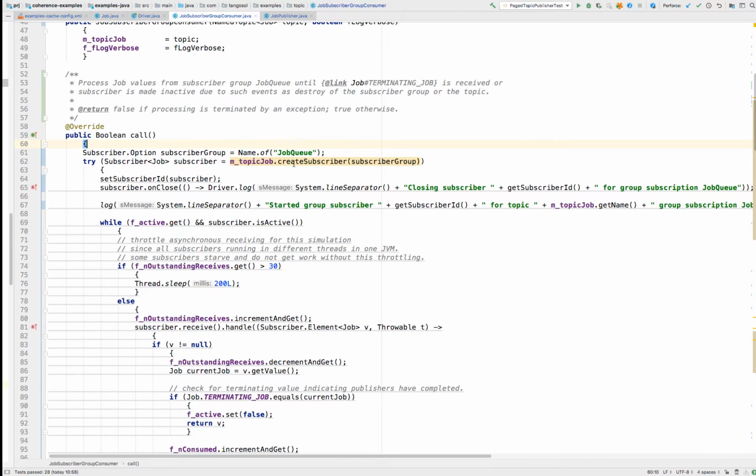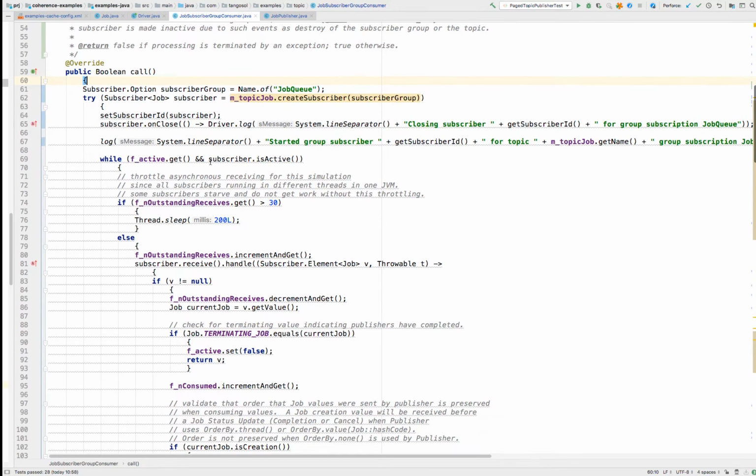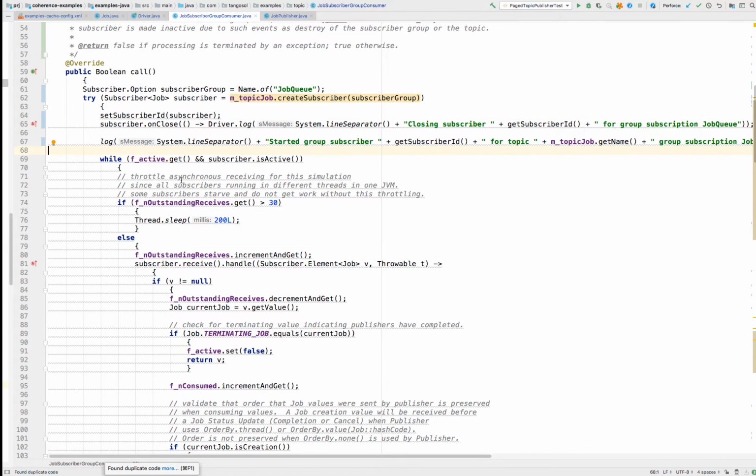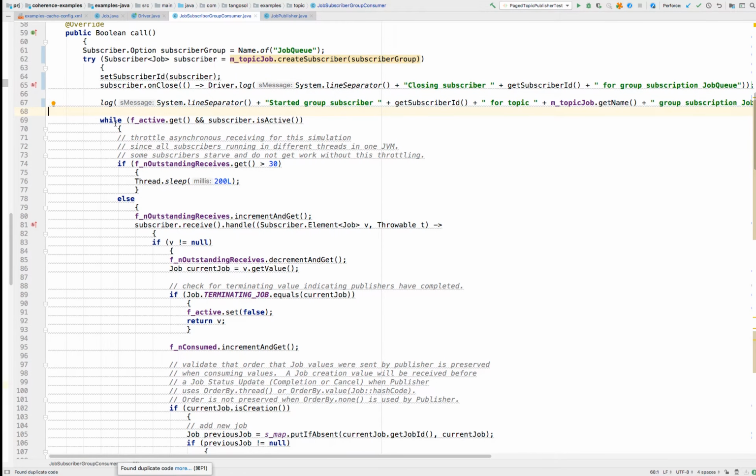So after we create the subscriber, and it's in a try with resource block, so it'll auto close at the end. And point out you can do subscriber. You can have a Lambda method that allows you to specify an action to be executed when the subscriber is closed, so you could be notified asynchronously. So we have a while loop that will continue working,